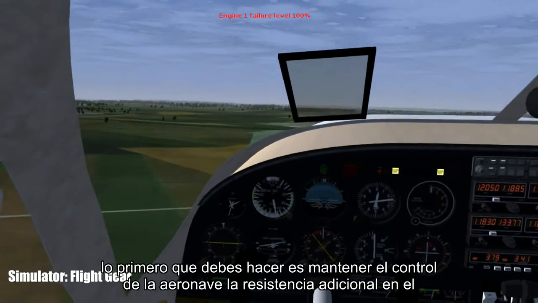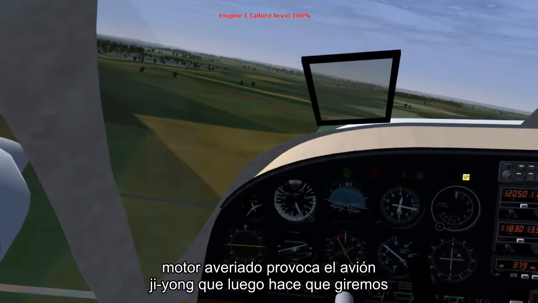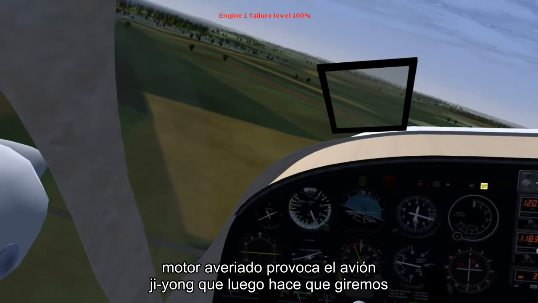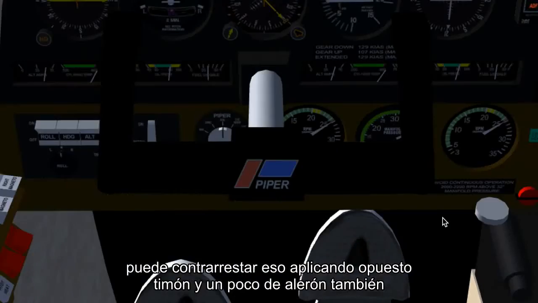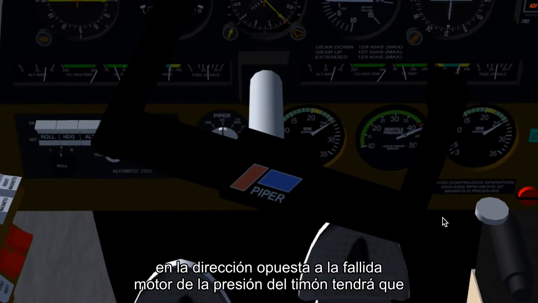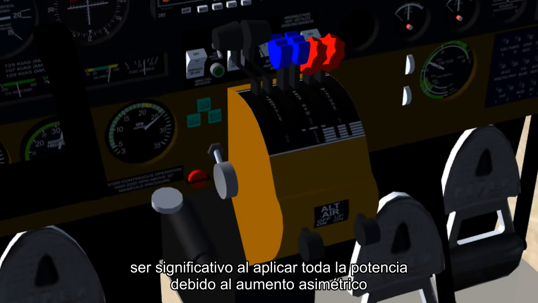The first thing to do is to keep control of the aircraft. The extra drag on the failed engine causes the aircraft to yaw, which then causes it to turn. We can counter that by applying opposite rudder and a little bit of aileron, also in the opposite direction of the failed engine. The rudder pressure will have to be significant as you apply full power because of the increased